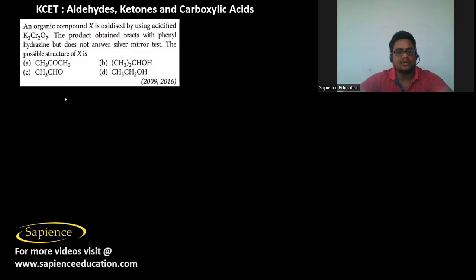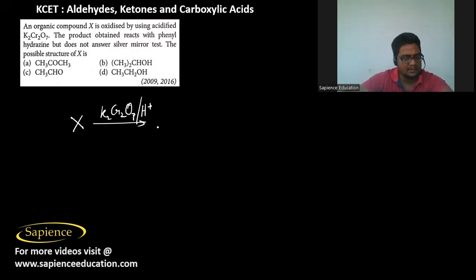Then it is told that an organic compound X is oxidized by using acidified potassium dichromate. So K2Cr2O7, which is called potassium dichromate. So it is acidified, so H plus is used. So when this organic compound X is oxidized, it will give nascent oxygen. The product obtained, let's say Y,